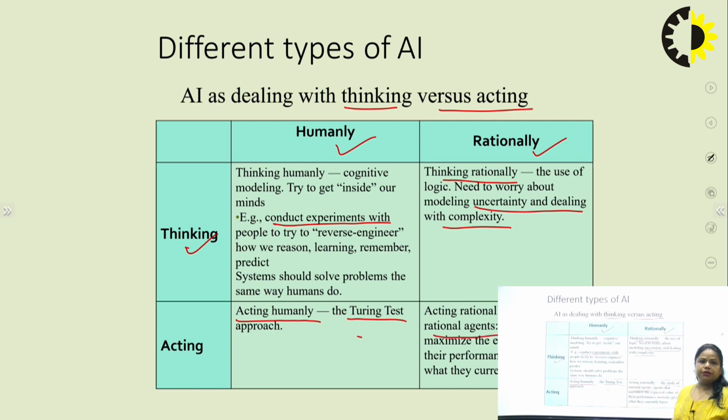Here we are going to discuss the intelligent agents, how those agents work. What is the difference between the different types of agents, which type of agent we can use in which category, right? So in that case, we should know the concept of rational agents, the agents that maximize the expected value of their performance, measured given what they currently know about the system.